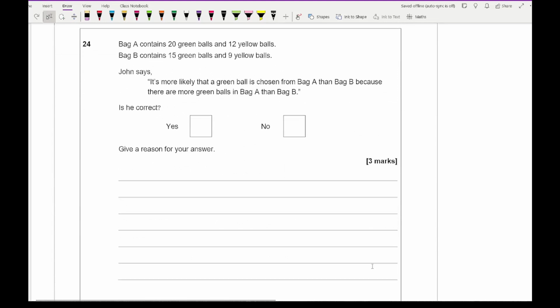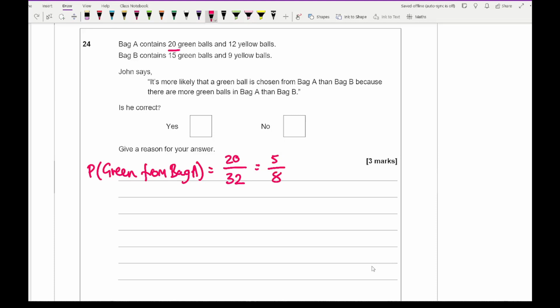Moving on to question 24, it says bag A contains 20 green balls and 12 yellow balls. Bag B contains 15 green balls and 9 yellow balls. John says that it is more likely to get a green ball from bag A than bag B because there are more green balls in bag A than bag B. Is he correct? So let's first of all work out the probability of getting a green from bag A. Well, there are 20 green balls from a total of 32. And so if I simplify this fraction by dividing by 4, it's going to be 5